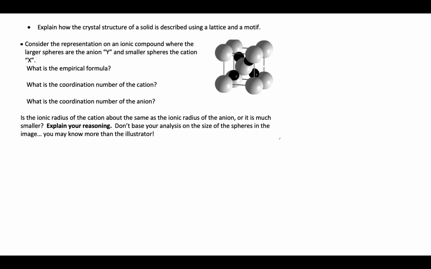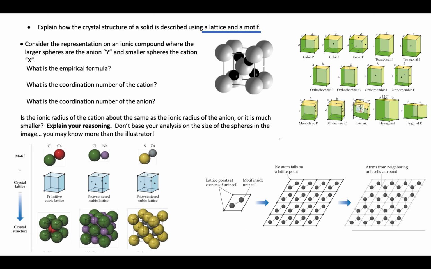Looking at structures of solids, the first one was considering lattice and motif. Folks did a nice job bringing in a lot of different features here. I think this one's a little bit tough to explain in words sometimes, but I was seeing some nice discussion about different crystal lattices that could tessellate and fill up the 3-dimensional space. How with the crystal lattices that we're filling up, there were different lattice points that we would associate a motif with. How that motif might be a single atom, let's say within a metal. How we would have multiple atoms within our motif, like with an ionic compound.